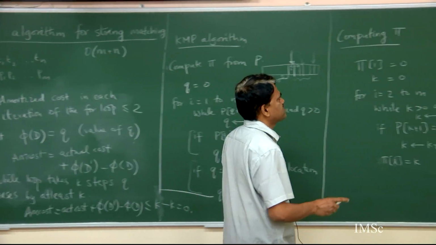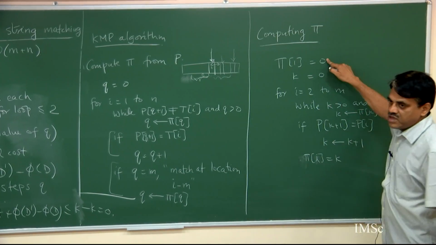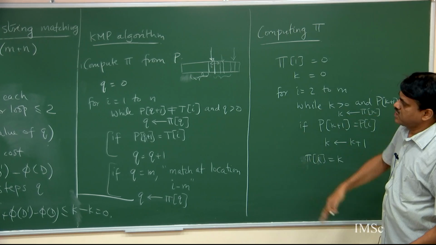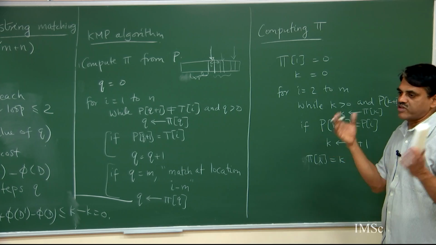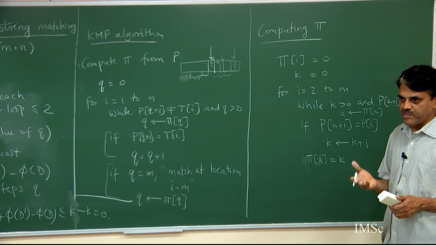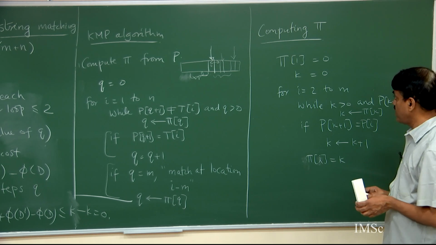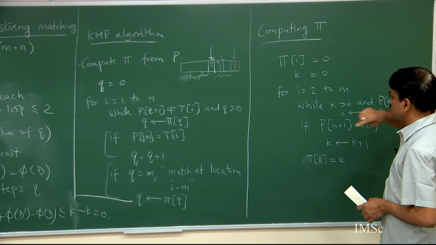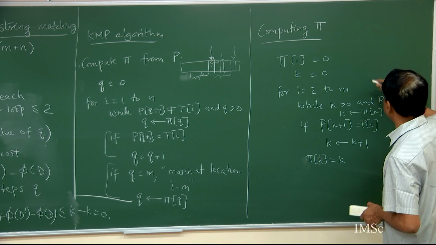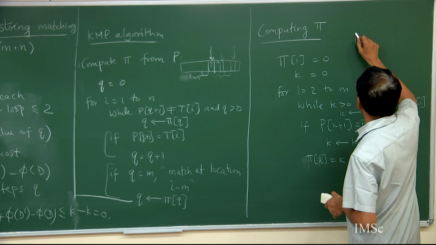Pi of 1 is clearly 0, we can make that assumption, the longest proper suffix. There is nothing, the proper suffix is only an empty string of a 1 character symbol. So, pi of 1 is 0. Now, so let us see, I am here,